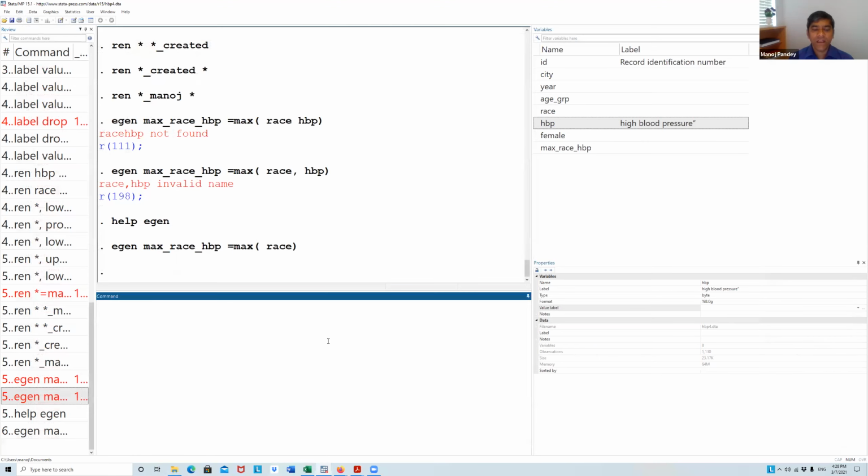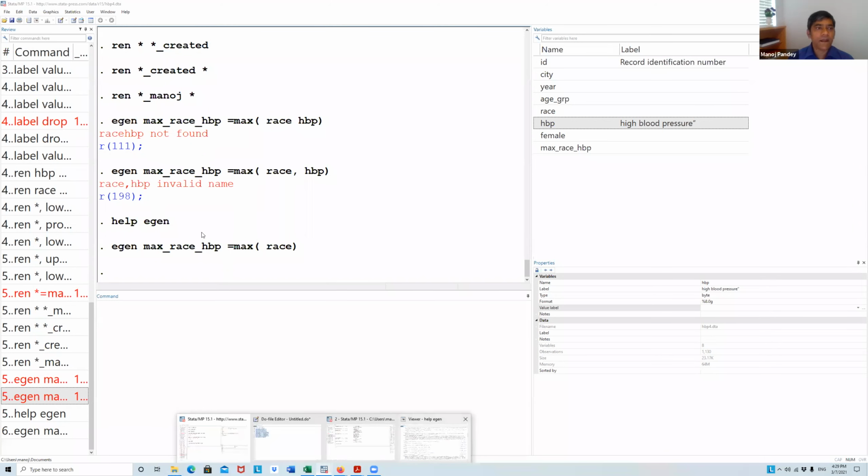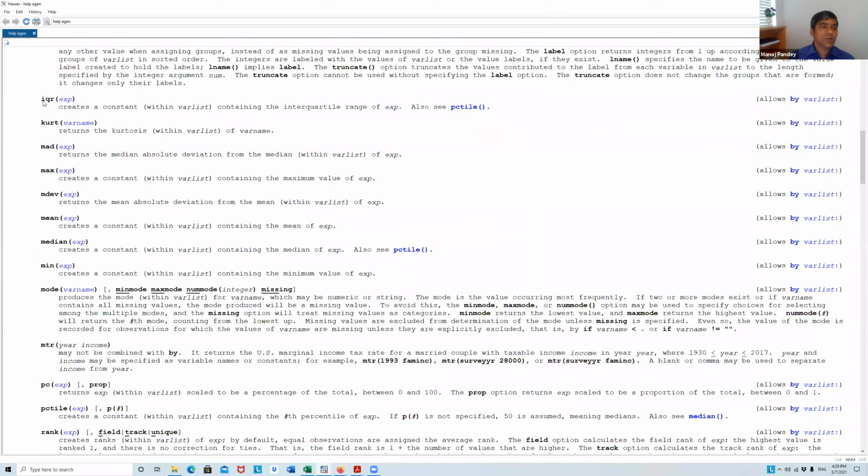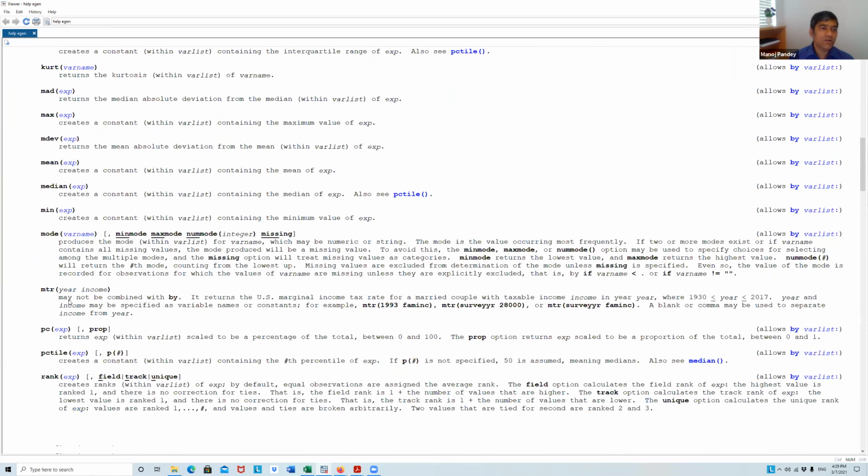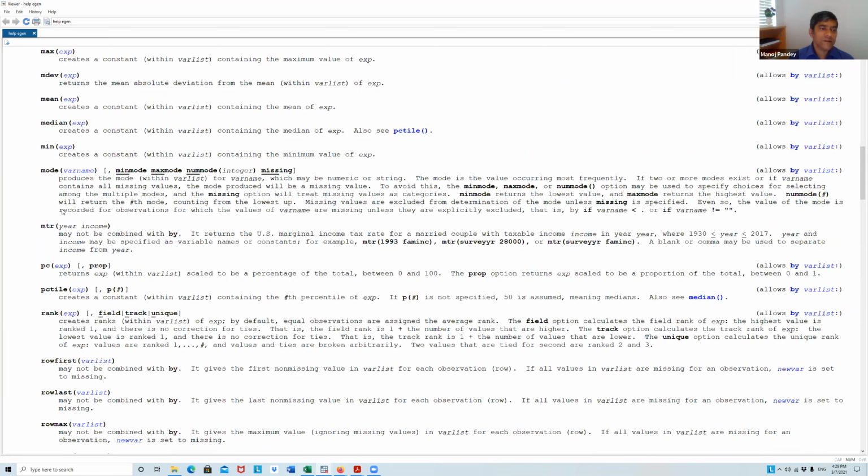So done. The egen command is quite useful when you are looking for creating interquartile range, maximum, minimum, median, mode, percentile.